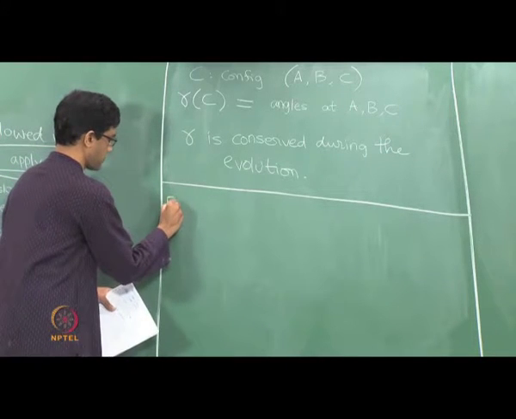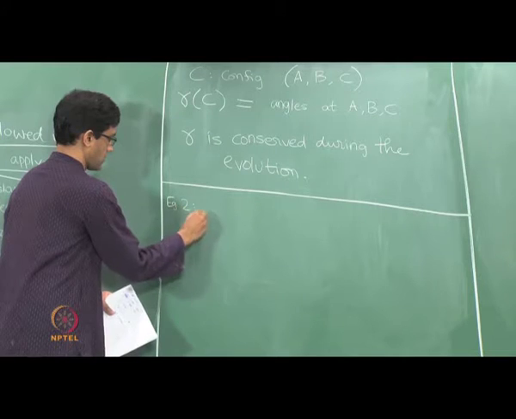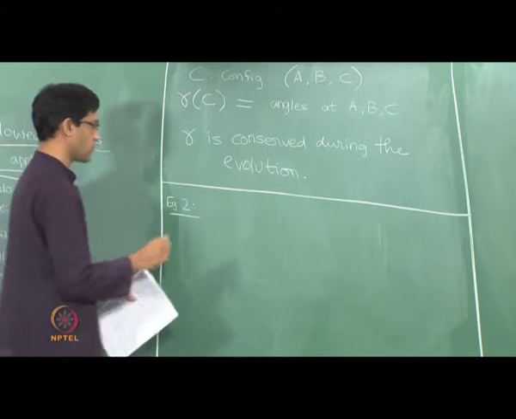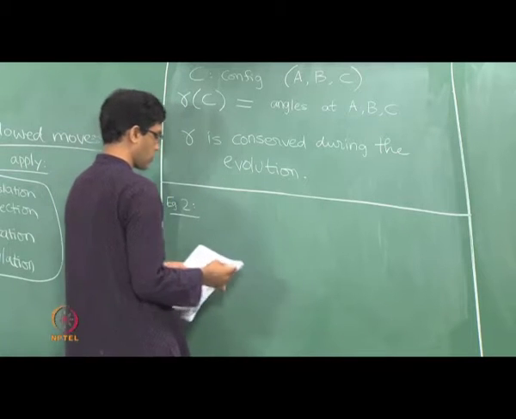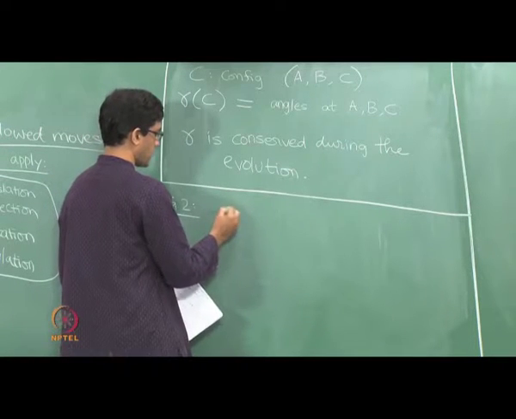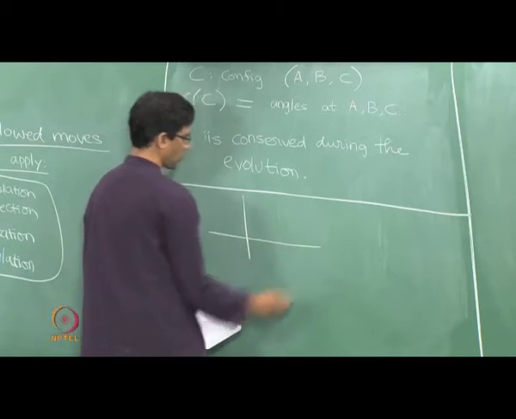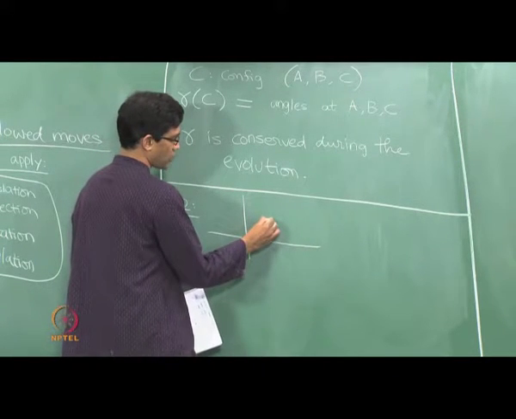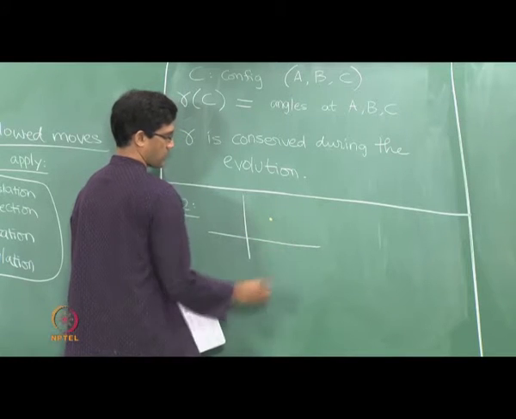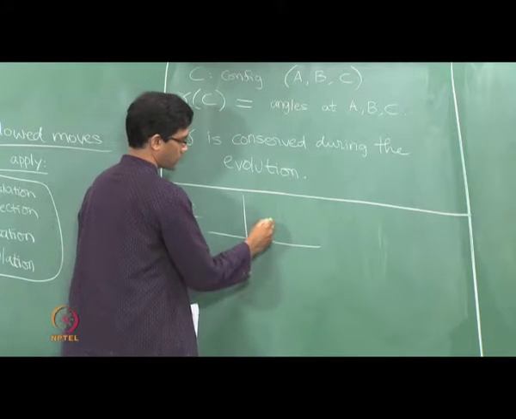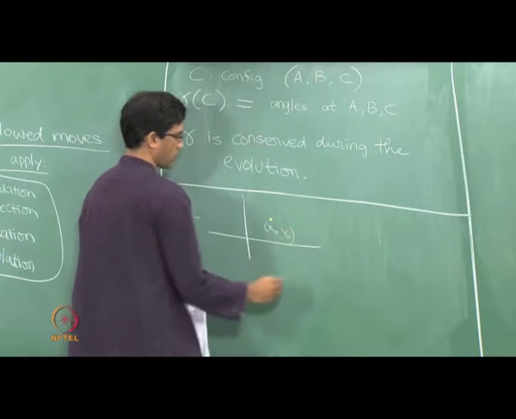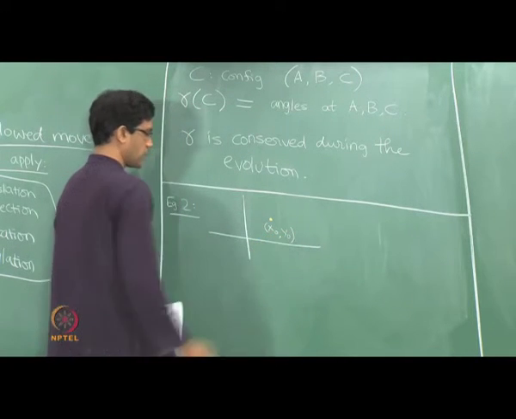Now here is another example where we will not look at all the transformations we wrote out, but only at rotations. So let us only look at rotations. So again here the same thing. What is the initial configuration here? Instead of taking a triangle, let me just say the initial configuration is just some point. So I have a point on the plane, with coordinates x and y, we call it x0, y0. This is the initial configuration.